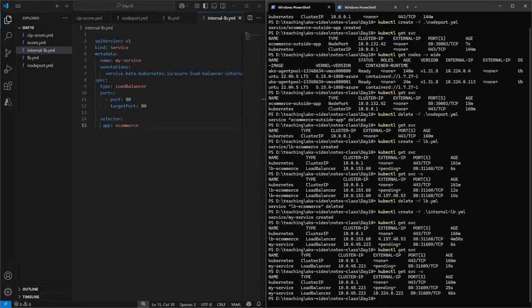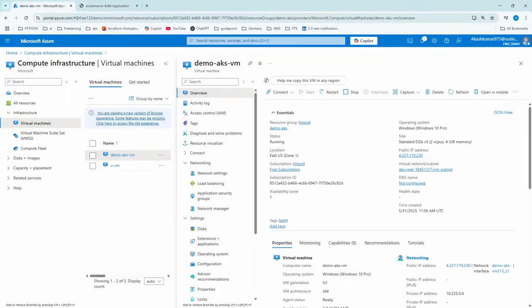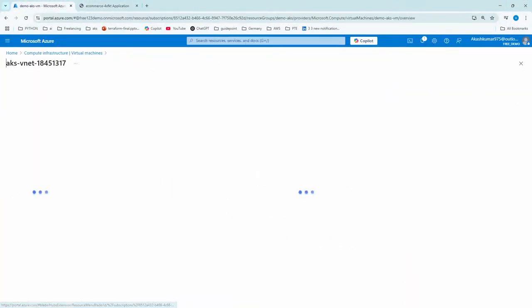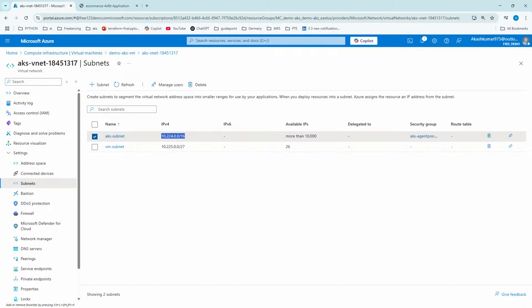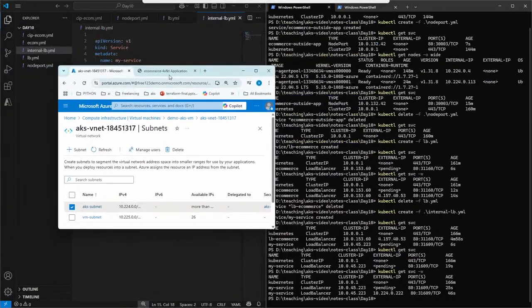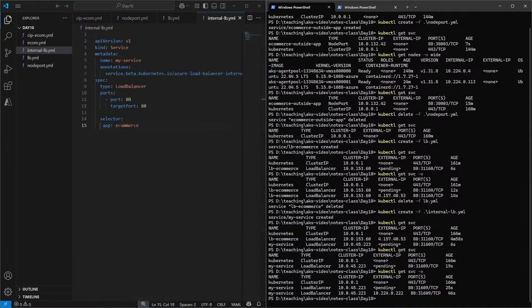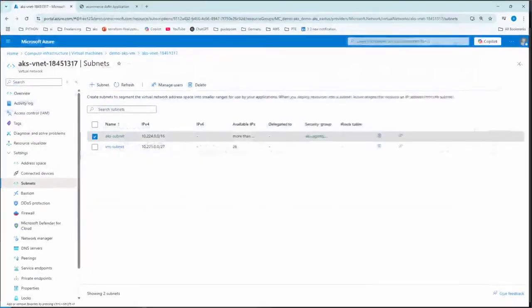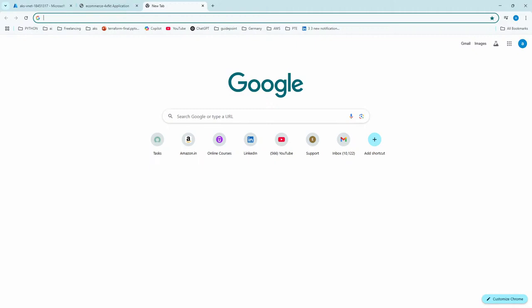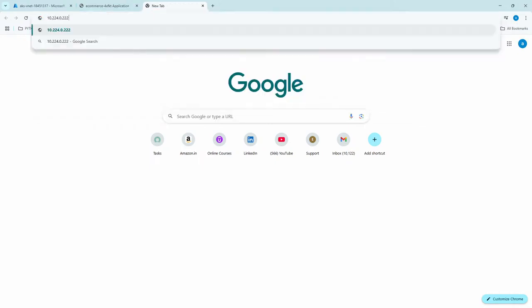Let me show you quickly inside my portal. If you go inside this subnet, this is a dedicated subnet which I have created for my AKS cluster, and if you see the range of this one, it is coming from this IP only. If I'm going to copy this IP and paste in the browser, which is from my local machine,